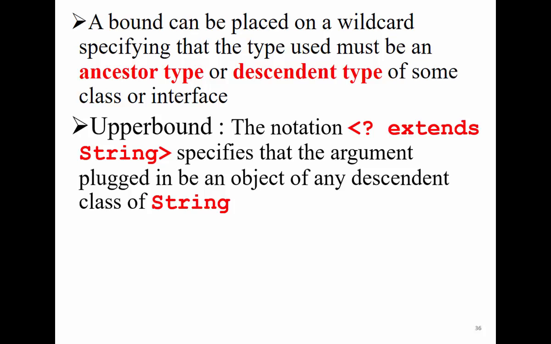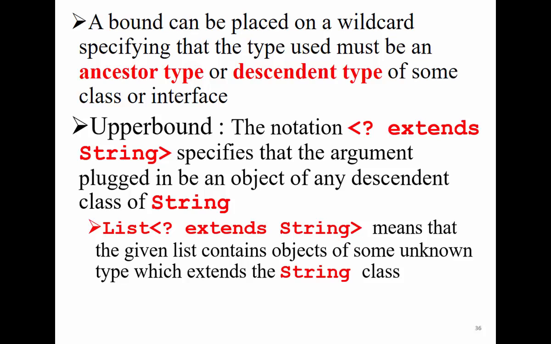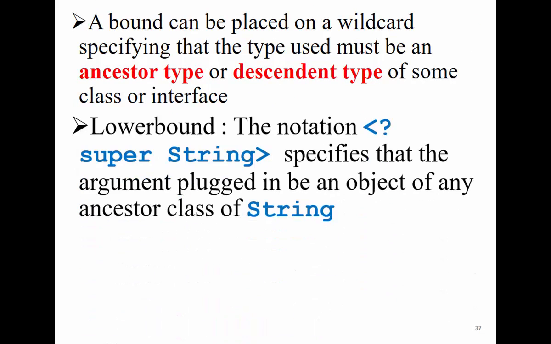Okay? So, question mark is like T, capital. But here I put more constraint. I give you a question mark, any type, but extends String. So I can say like this: List, triangle brackets, question mark extends String. So that means the content or the objects are of some unknown type that extends String. I didn't specify what type of object I'm going to give to you, but as long as it extends String. I can say question mark super String,